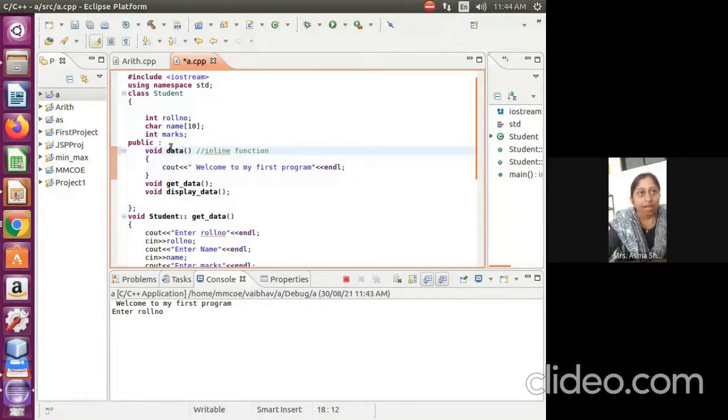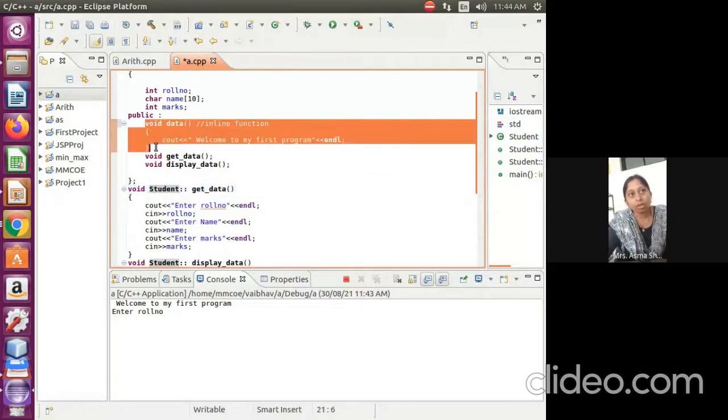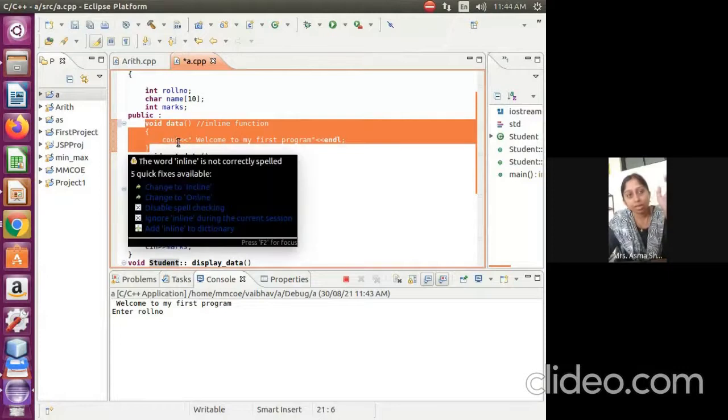So here, what happened with this function? When I call this function, the control goes to it and accesses these values. Here what exactly is happening? The code is replaced. Whenever we call this method, the functionality of that function replaces the call.